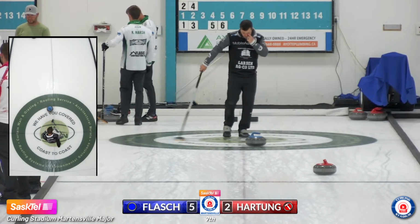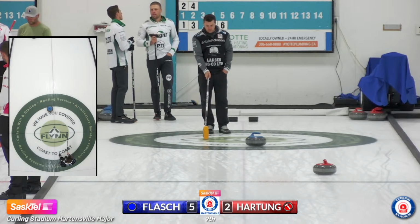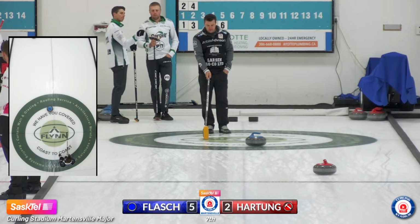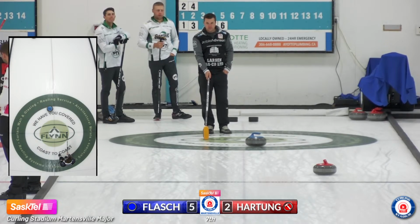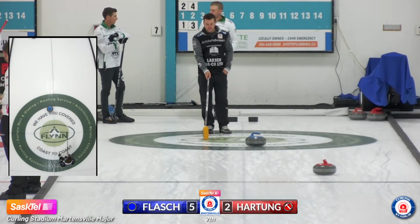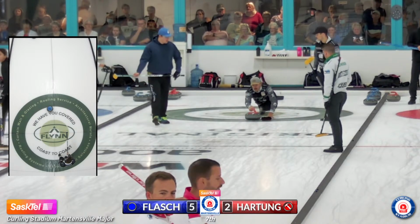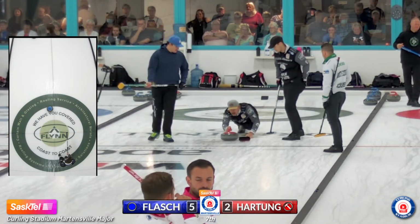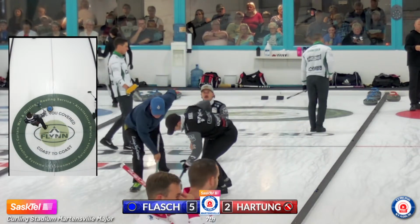And another attempt at the second corner guard for the Hartung team. Needs to generate 2 here, somehow or another. We're on third's first stone. You'll probably throw at least one more corner guard. That corner that's out there is so long that if you did come around it, the Flasch team could get